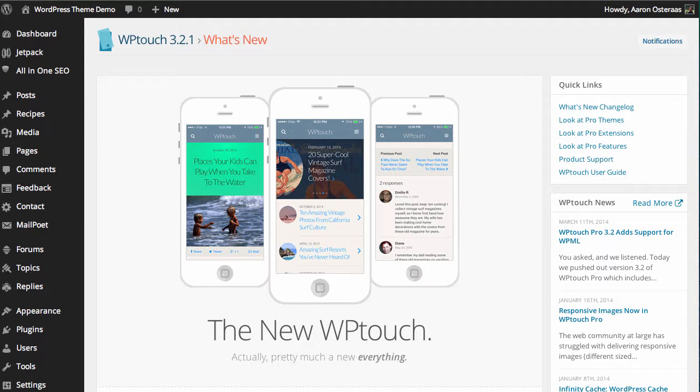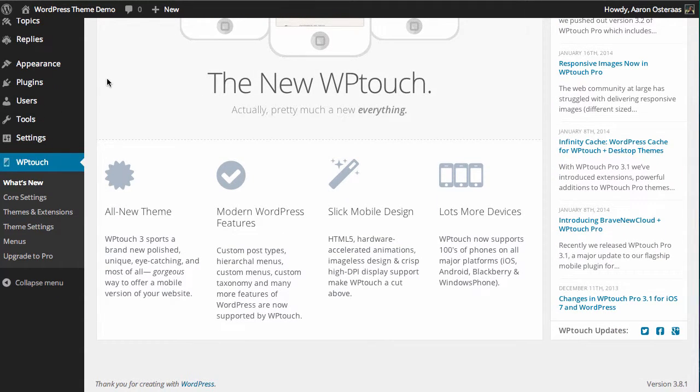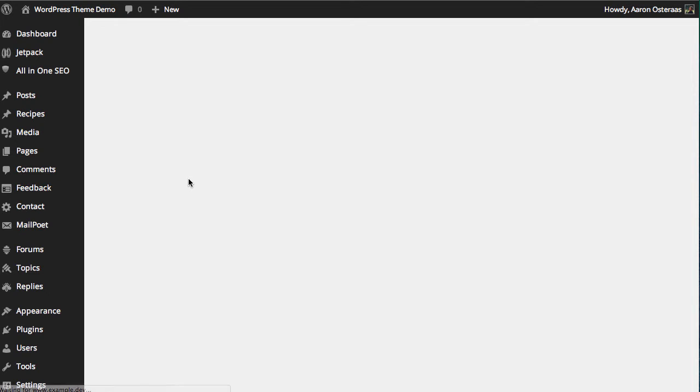In this video, we're going to take a look at setting up a theme in WP Touch. As you can see, I'm already in the dashboard and I'm looking at the WP Touch configuration panel. So what I need to do is go down and on the left-hand side, click on Themes and Extensions. This will bring us to a new screen where we can see a range of themes that are available for